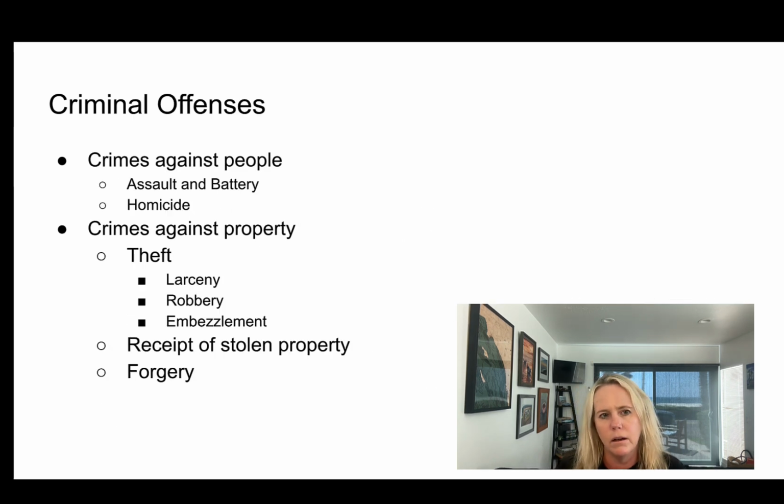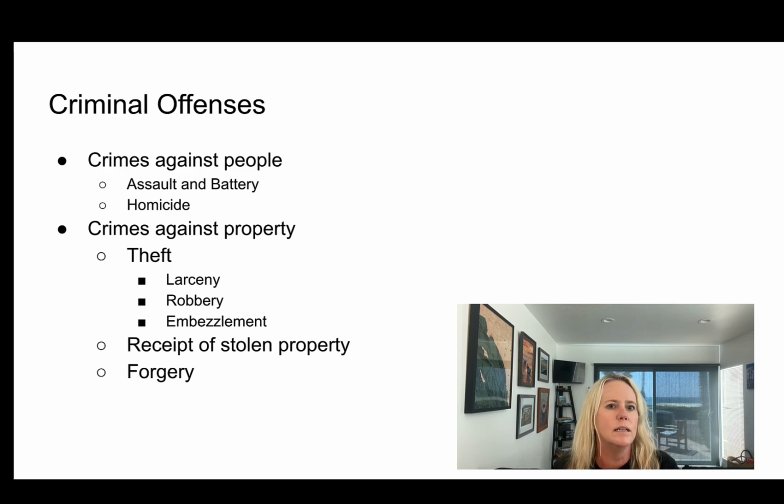Okay, so let's talk about the major types of criminal offenses. First of all, we have crimes against people. So somebody committing a crime against another person. Probably the most common crime that you might see against someone would be an assault and battery. So a battery is an unwanted touch, and an assault is the fear of an impending battery,